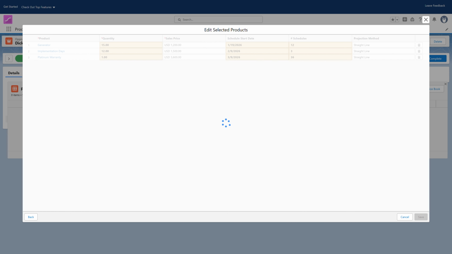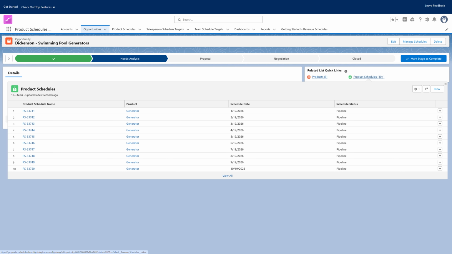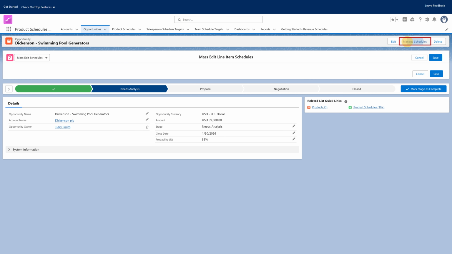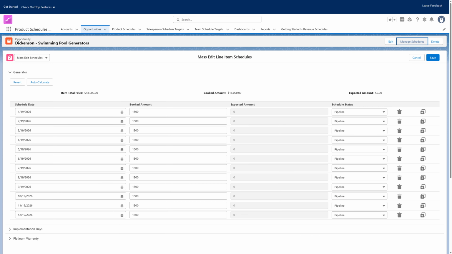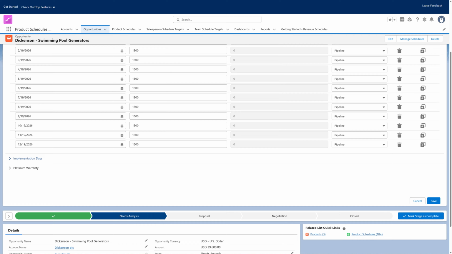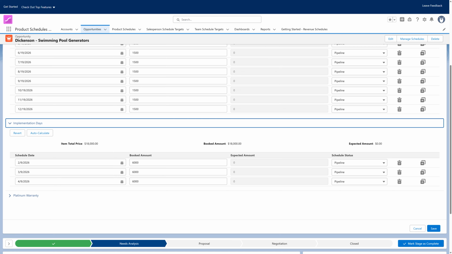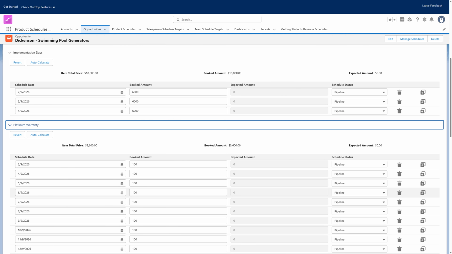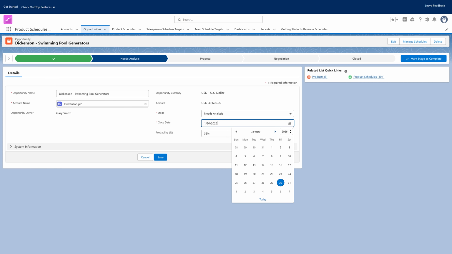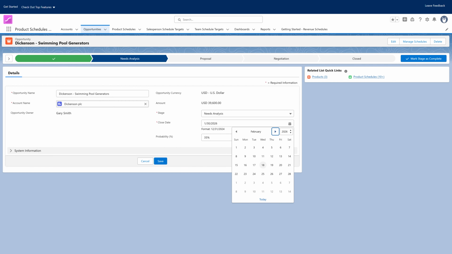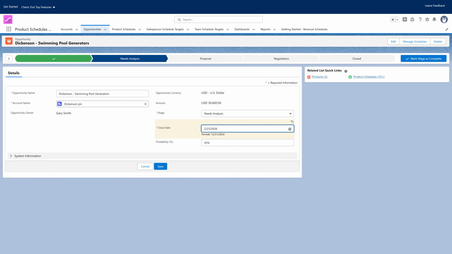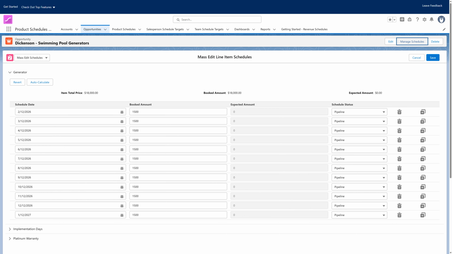So back to our opportunity, and I'll hit save on the products I entered. You can see the schedules have been generated, and I can view these schedules using the Manage Schedules button. Here are the schedules for the generator, the implementation services, and the support contract. I'll explain about these other columns in a moment. But first, a few things might happen. For example, the opportunity close date might slip. The app automatically moves all the product schedules by the same number of days,